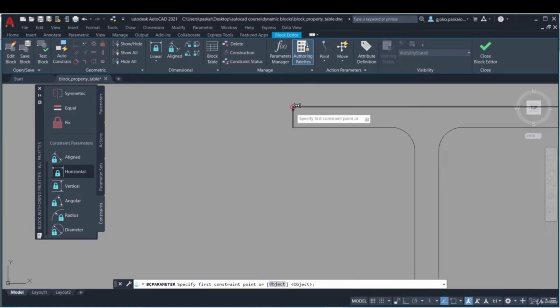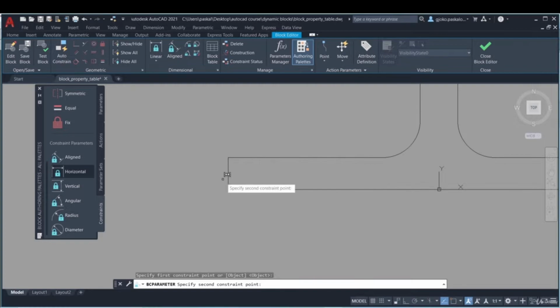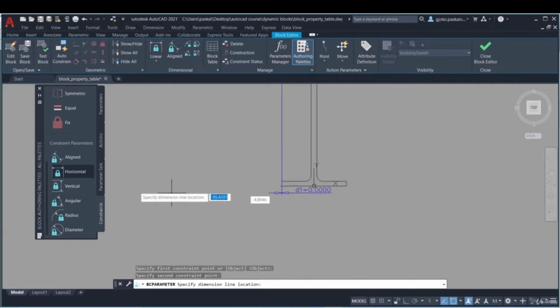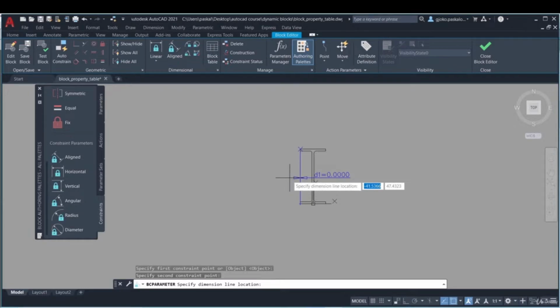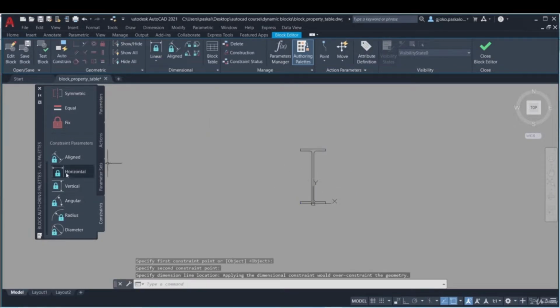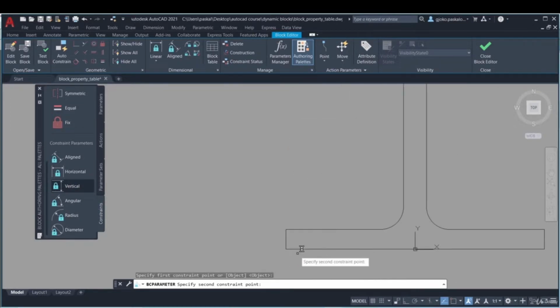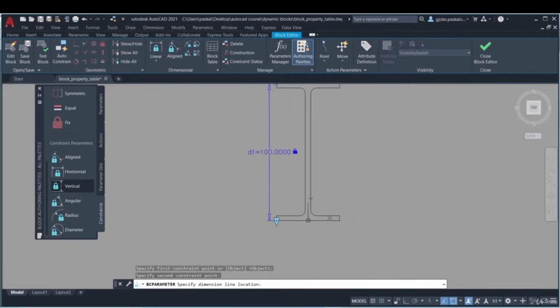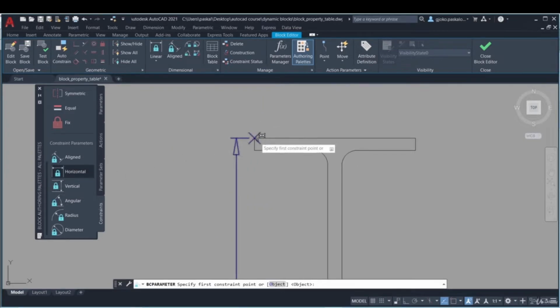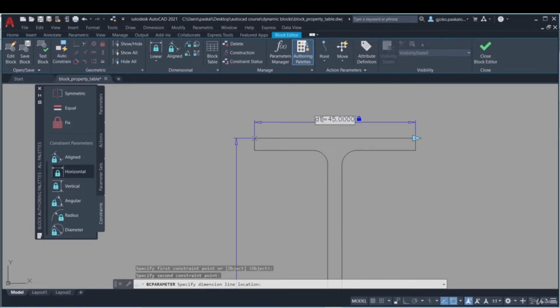Let me first assign this vertical dimension. Okay, something's wrong. Probably I used the wrong constraint. We should use this vertical constraint, and let me assign it once again. Okay, and I will call this dimension D, and basically we will define dimensional constraints to all, let's say, all unique dimensions, and automatically the drawing will be modified because we applied